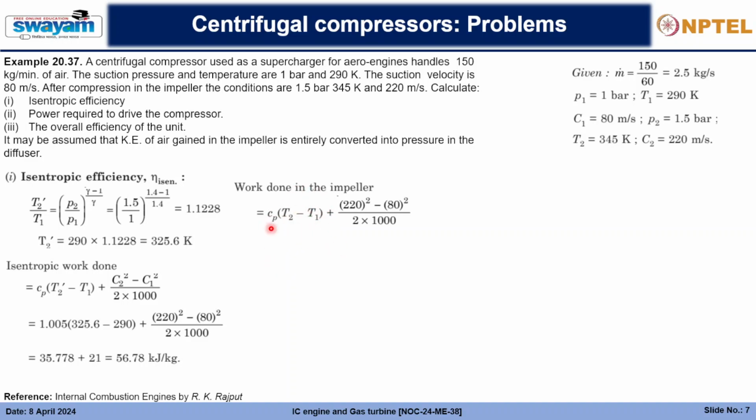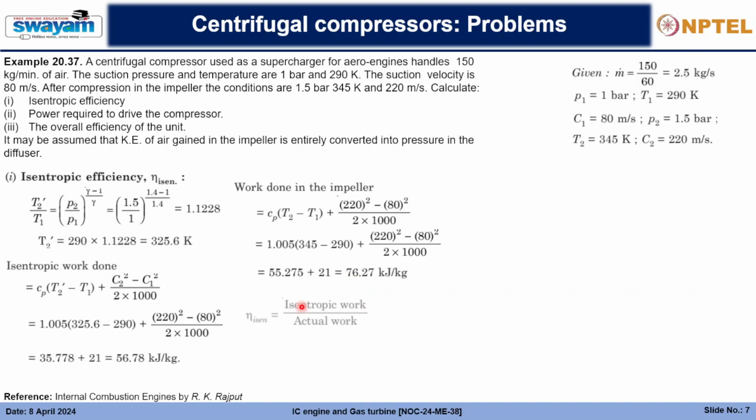So taking absolute values out here, you will see the absolute values have now changed. So the 345 will be changed. Initially, due to the isentropic process, it will be lower temperature, but due to the losses, heat will be generated, and the heat generated will raise the temperature, and we'll have to compensate for that as well. So the work done in the impeller will be a little bit higher, and that way we'll get 76.27 kilojoule